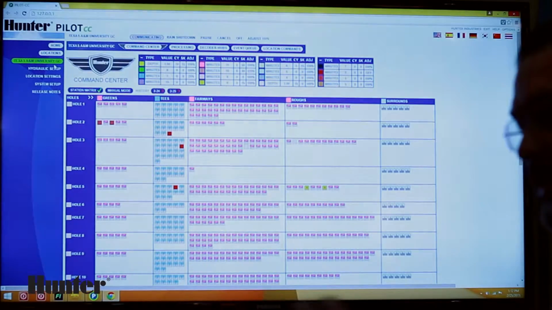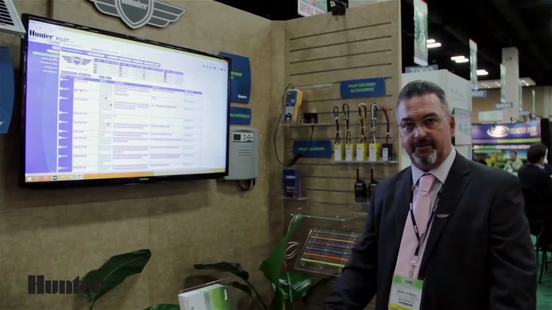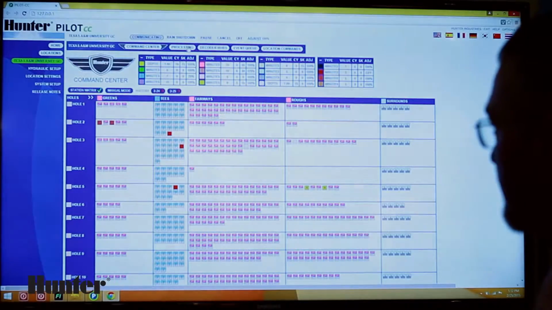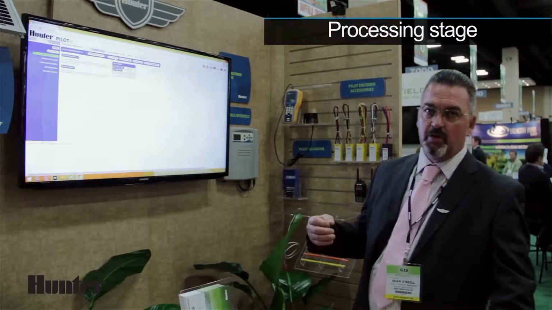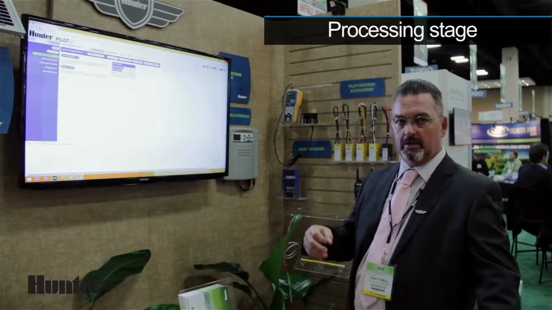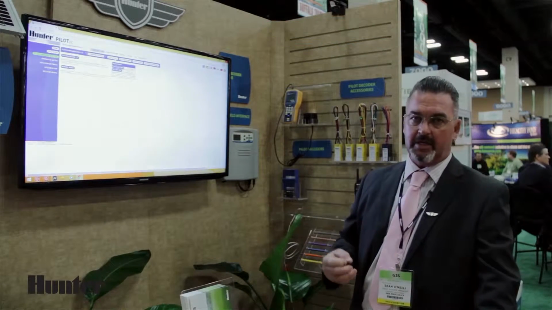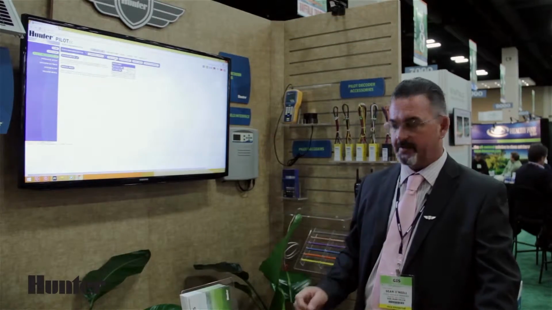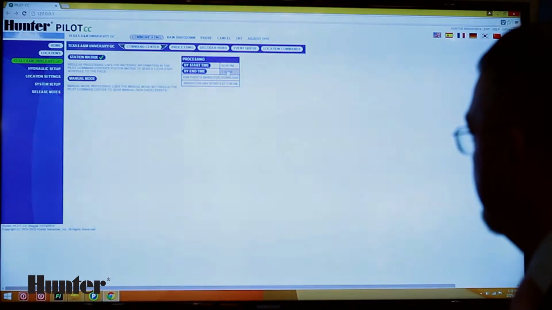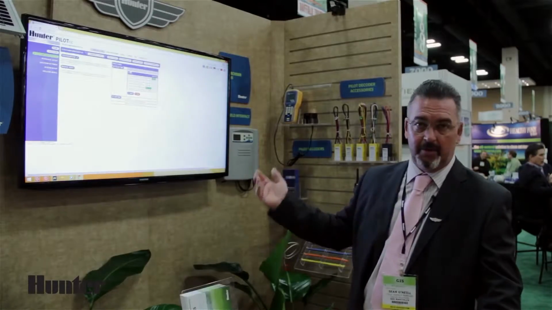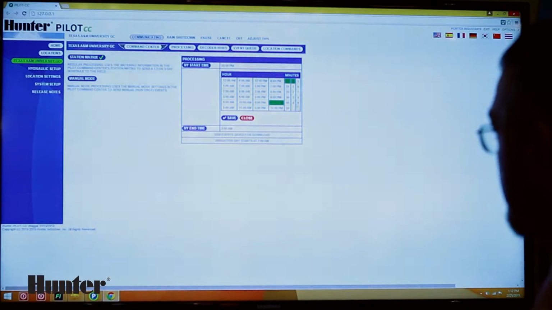Once I am done creating all the changes that I would like to see for tonight's irrigation, we come over to the processing tab. This is where the software will take and process all of the irrigation commands based on the hydraulics on the golf course. So we pick a start time, say for example 10 p.m., or I could change it to 9 p.m. if I'd like. We save that,